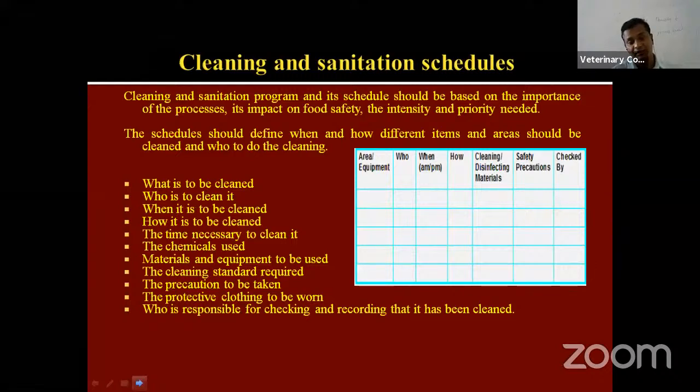It is a basic requirement when we talk about implementation of the food safety management system in any food industry. So this is all about the schedule, and it has to be documented, and evidence has to be demonstrated. So this is in a nutshell about the cleaning and sanitation of